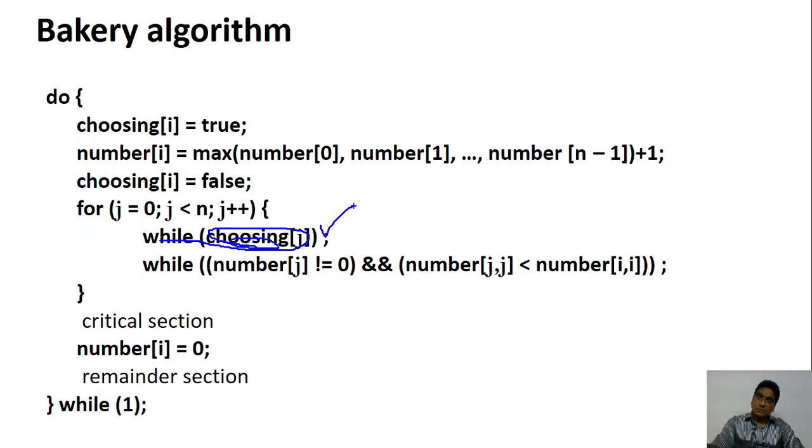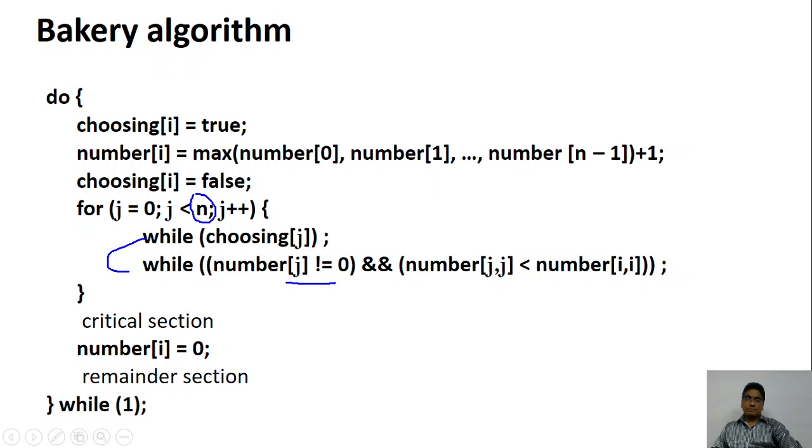So if the choosing is there for any process, remember there are n processes, we are writing for n processors. For all the n processors, you go to the first process, ask what is your token number. You go to the second process, ask what is your token number. You go to the third process, ask what is the token number. You go to the fourth process, they are choosing a token. You wait until the fourth process gets the number. Once the process gets the number, choosing will be false for that also. Then you check. What you are going to check?